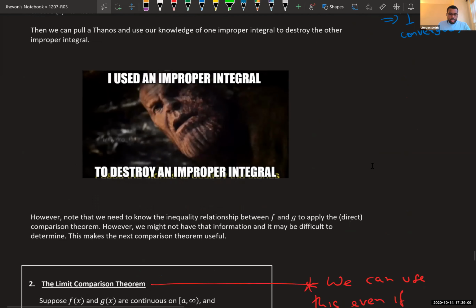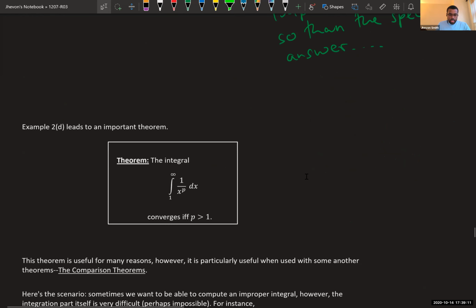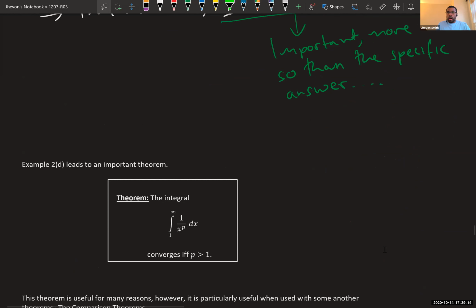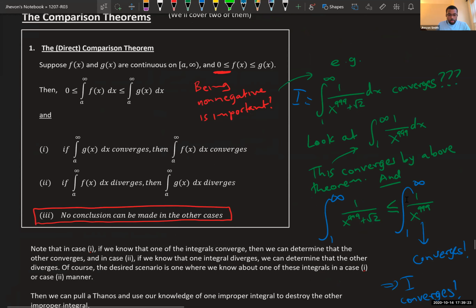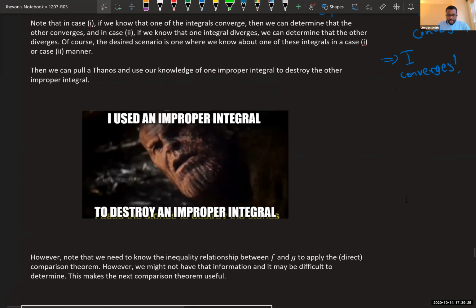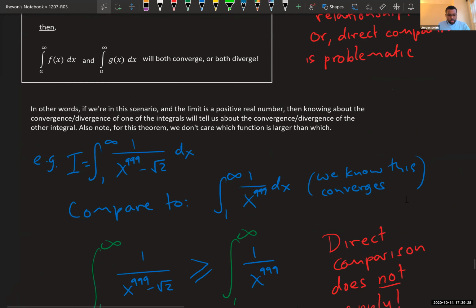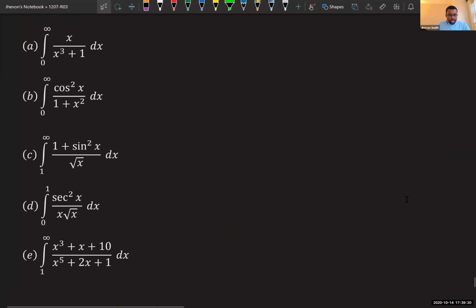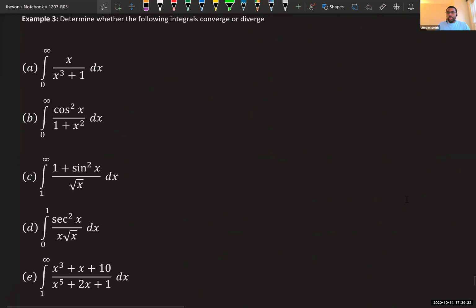Now, this theorem is going to be very useful because oftentimes we can compare nasty looking integrals to something nice like this one. So that will be a very common thing to come in handy. But I think the best way to get used to this is to just do some examples. And hopefully you guys already tried these examples on your own. I did leave the notes on the last lecture, so hopefully you took some and tried these things.